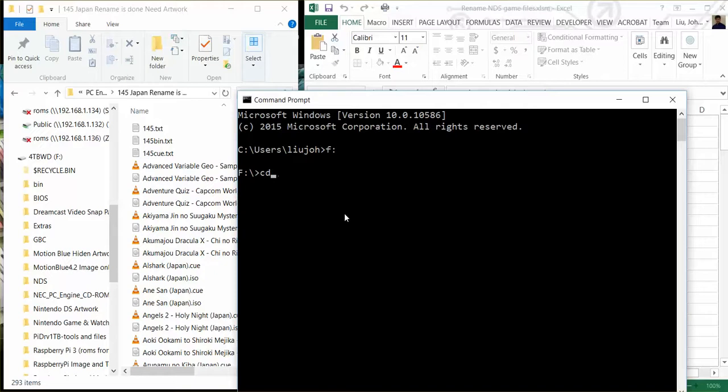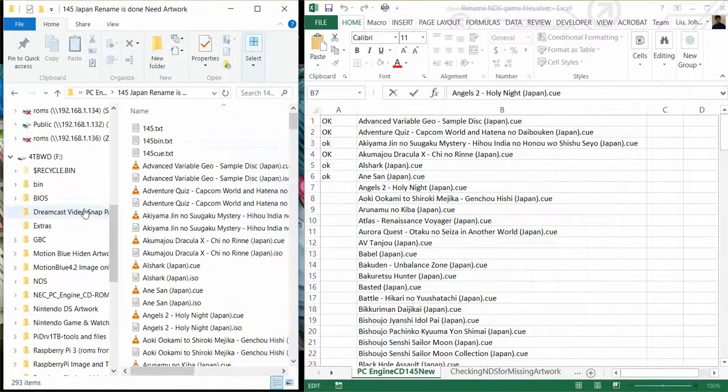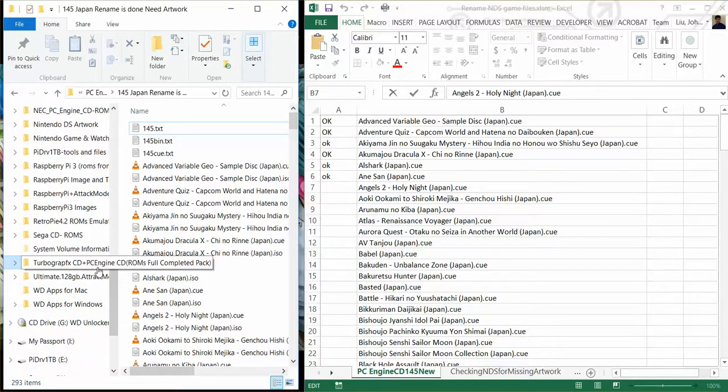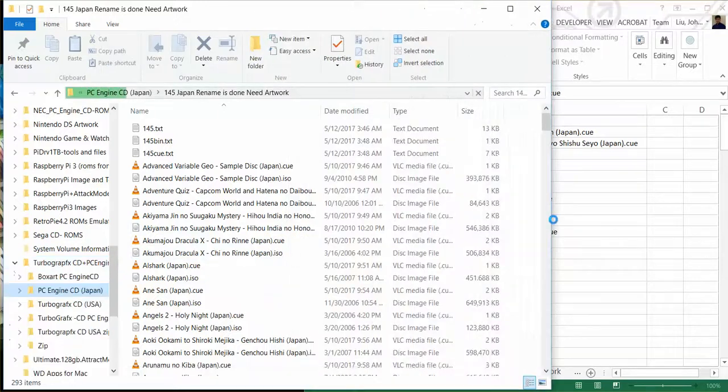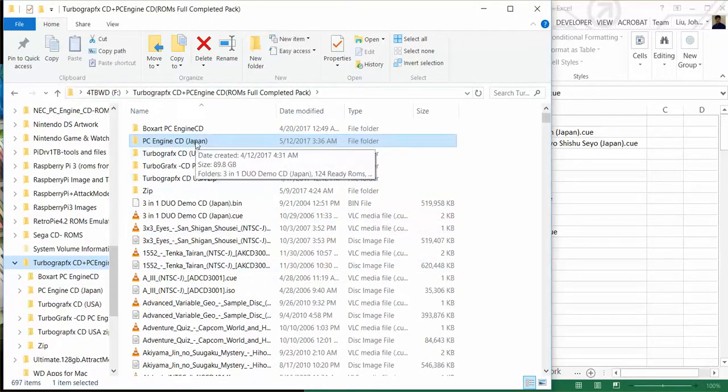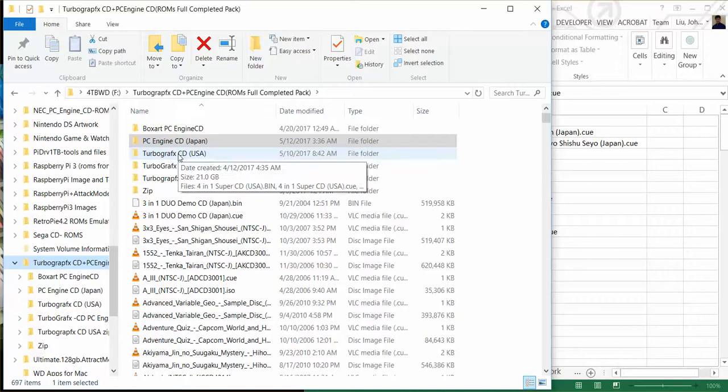So the easy way to do it is close that out, go to the directory you want to be at, in the folder you want to be in, which for me is turbograpfx-cd. You want to go to the folder you want, and then I have all my Japanese games here. Now I had to do the same for the turbograpfx-cd for America, because I think there's 98 games and I